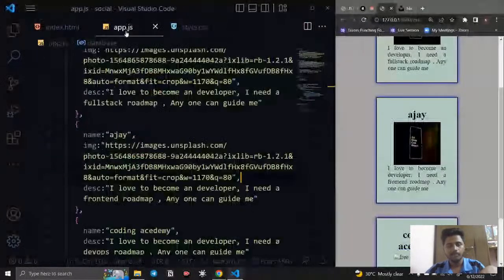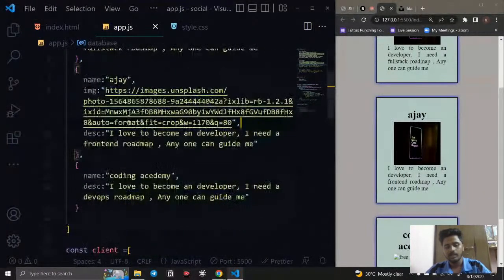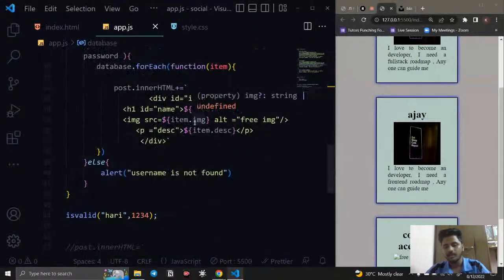Why broken? Because in app.js, we only have the images of these people, but we don't have the image of this person. So then what happened? It will give a broken image, and it will